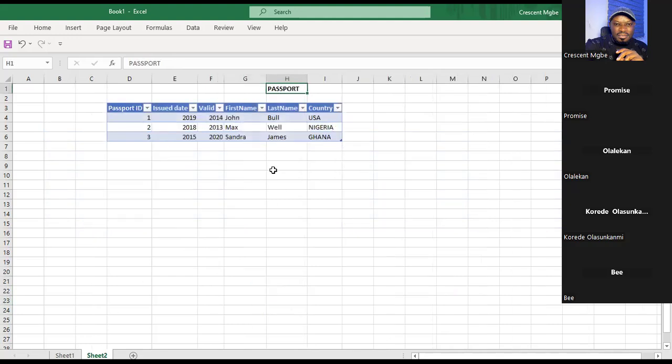This is how it works. Can you see the passports, Mr. Olalekun? Yes. Okay, this is how the one-to-one works. One-to-one, it means